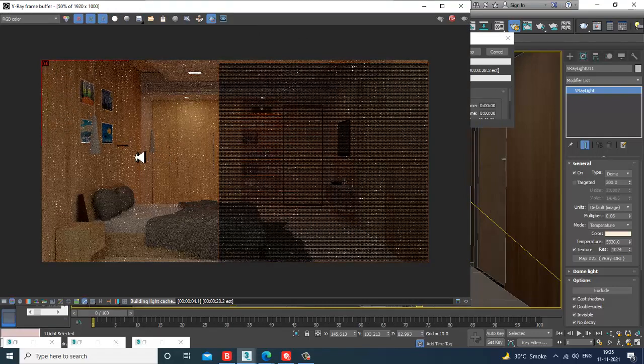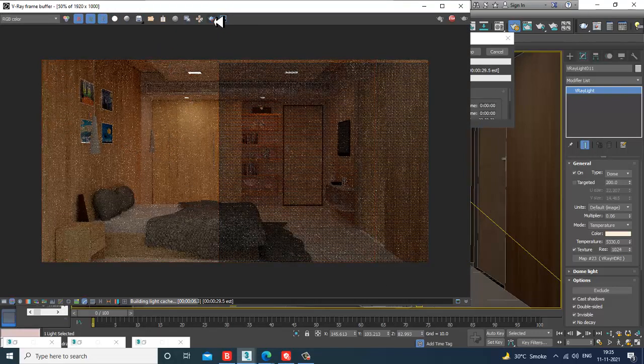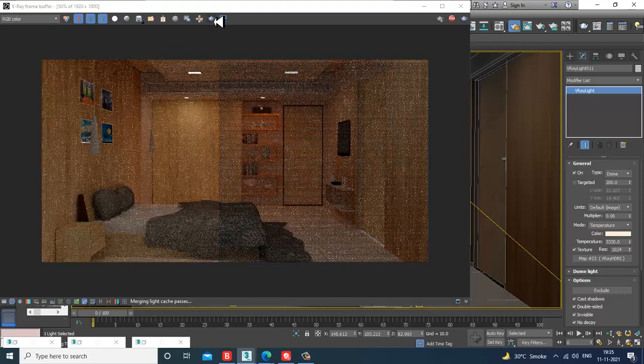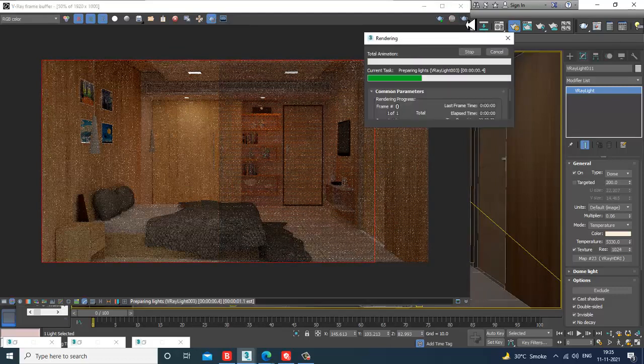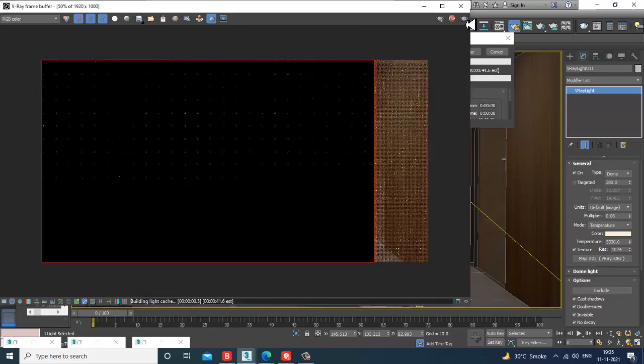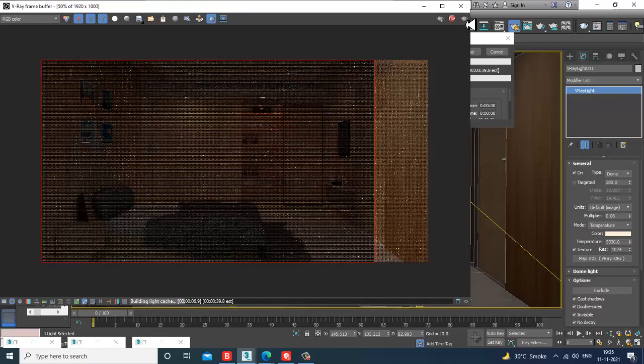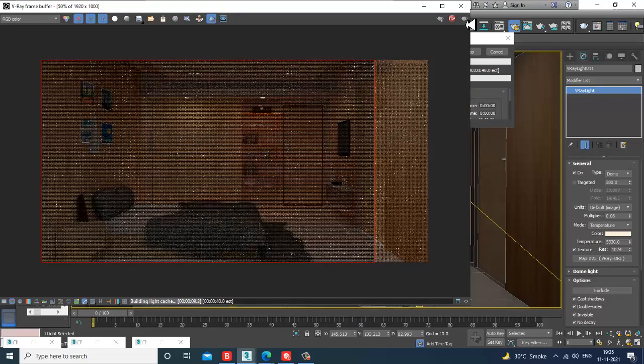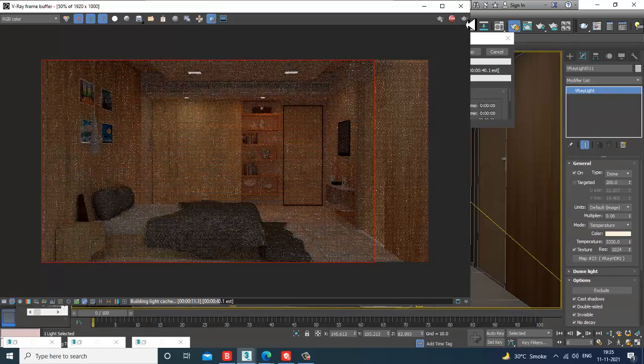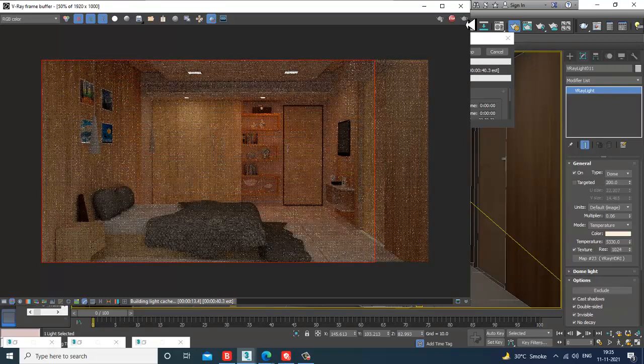Okay, I'll just render this area. If you don't need a shadow, you can just turn off the cast shadow. It's not always necessary that you use a light shadow, because we have control over the shadows.